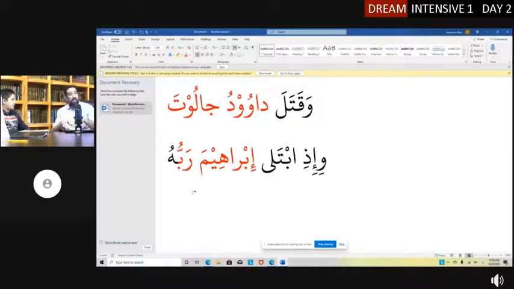How do we know it's the Rabb that did the testing? Because it has a rafa in it. It has ooh. Rabb has an ooh. Is it in the beginning of the sentence or at the end? The end. In English, if someone's a doer, they have to be in the beginning. And Ibrahim is before that. But the ayah actually translates, when his Rabb, when his master tested Ibrahim. Ibrahim is a detail. He's a nasb. That's why there's an ah at the end. وَإِذِ ابْتَلَى إِبْرَاهِيمَ رَبُّهُ.